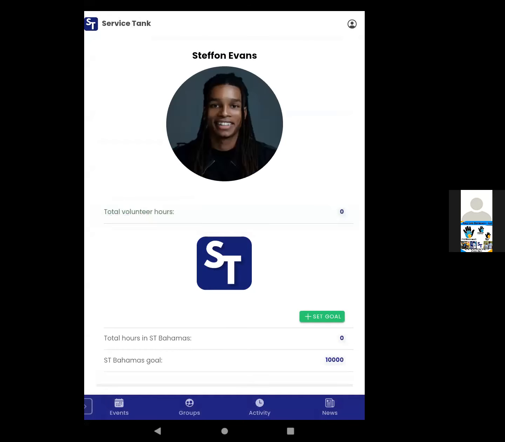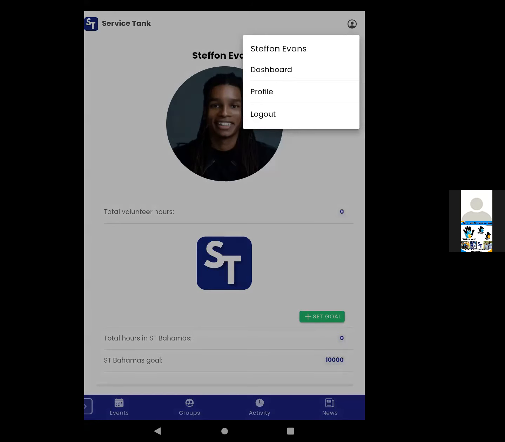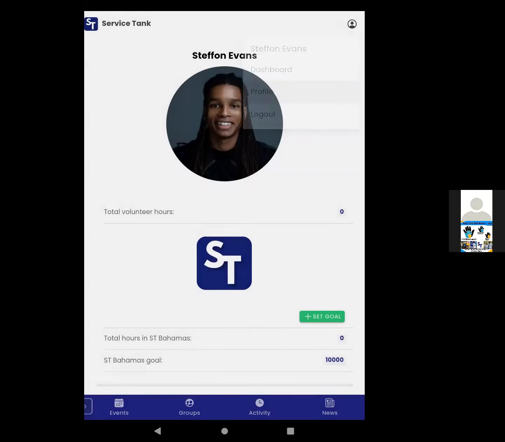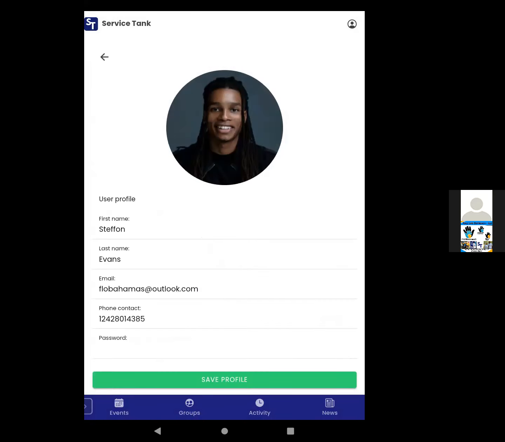Now, there are a few things that you're going to want to do upon signing in for the first time. The first thing that you want to do is click the little image of the person at the top right corner of your screen, and it will show you your name. The options are your dashboard, your profile, and to log out. You're going to want to go into profile, and the first thing that you're going to want to do is